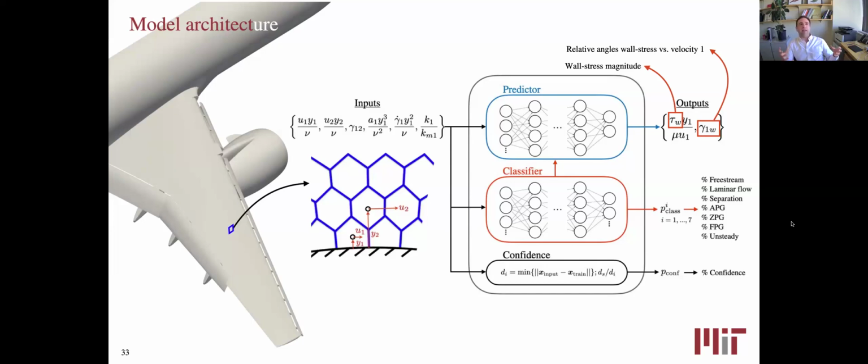I need to find some templates of what I think could happen in the flow. What are those, and how do I find them in a systematic way so that I can generate my training set? I think that's actually the part where we use the same word. We call them templates. What's the most important spatiotemporal